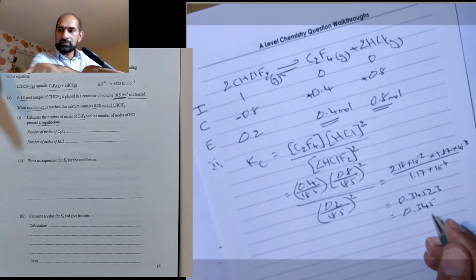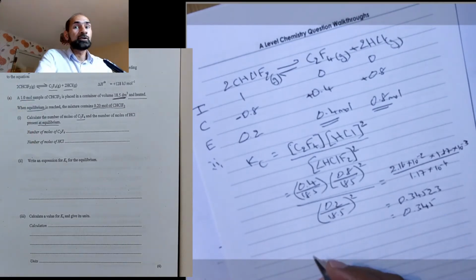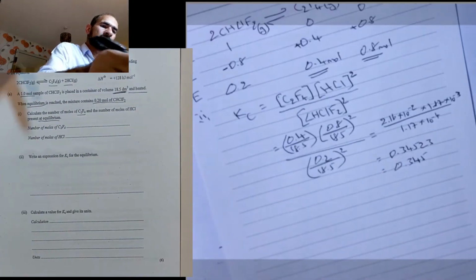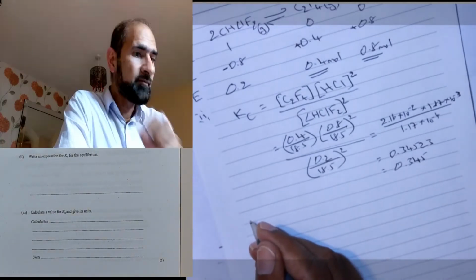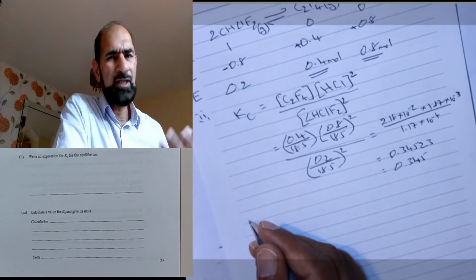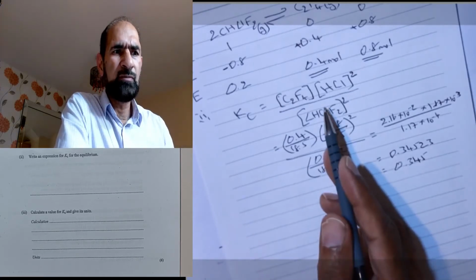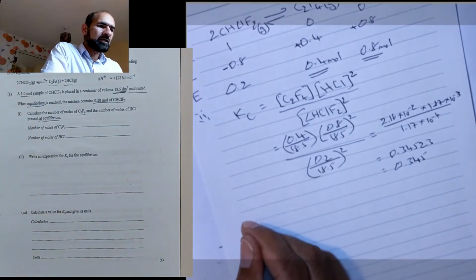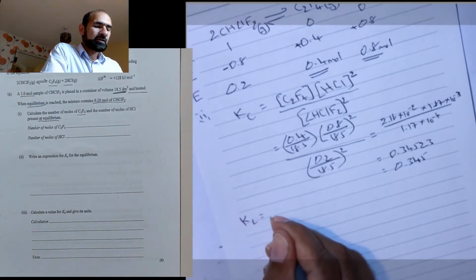What are the units? Well, that's the next part. I need to work out now the units in equilibria for Kc. Units change, so you've got to work out for every reaction. If you don't know how to work out units, you just use that equation, but instead of putting numbers in, you just put units in. So what I'm going to do is work it here. So Kc units is